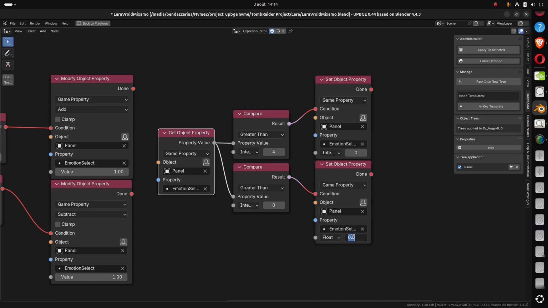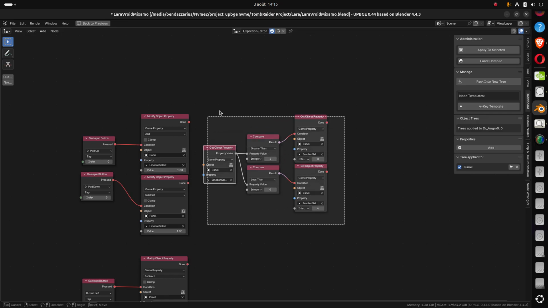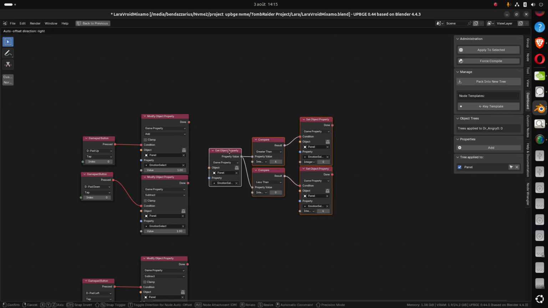So we're going to start by creating a loop for the emotion select. This means that when we go beyond the last expression, we return back to the first one. To do this, it's simple. We'll get the current state of the variable by using a get object properties node for the panel and selecting emotion select. Then we'll need to use